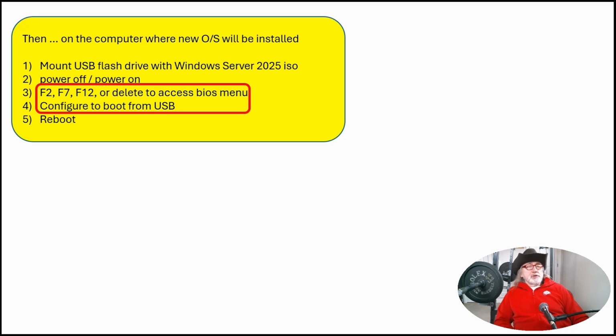So then on the computer where you're going to install this new operating system, you're going to mount the flash drive, step 1, in the physical USB port of your new hardware. And you're going to power it off, power it back on, it'll boot. And this is kind of a dark art,